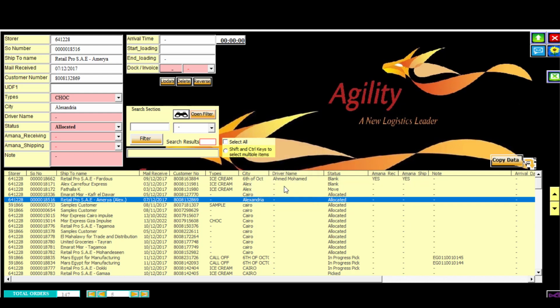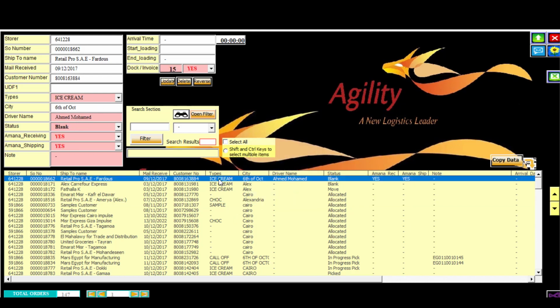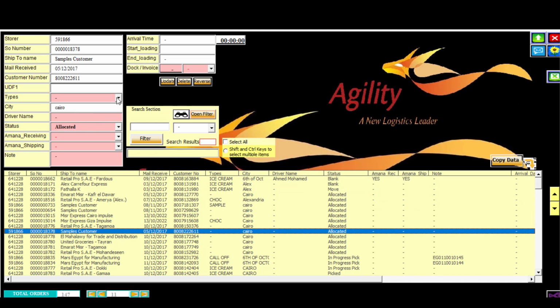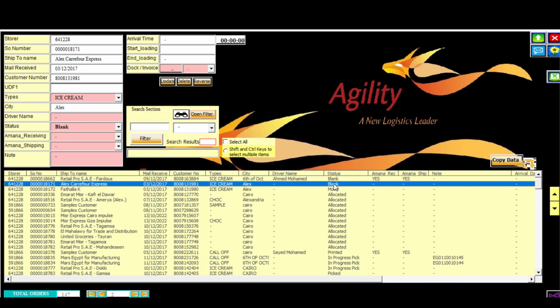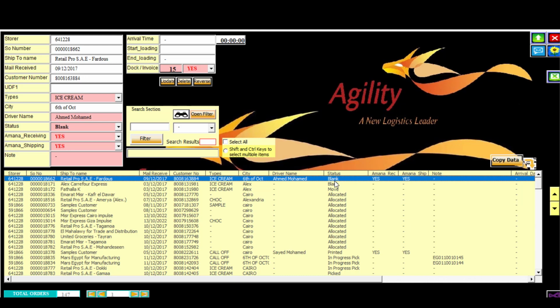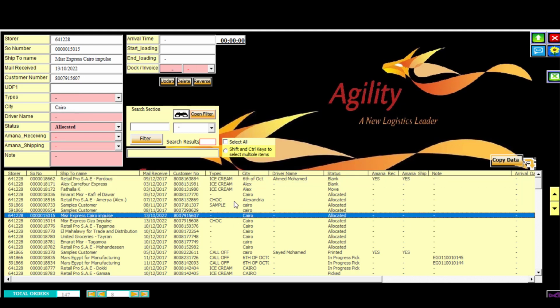Update, as you can see, the type became ice cream. Okay, as you can see, the updated order